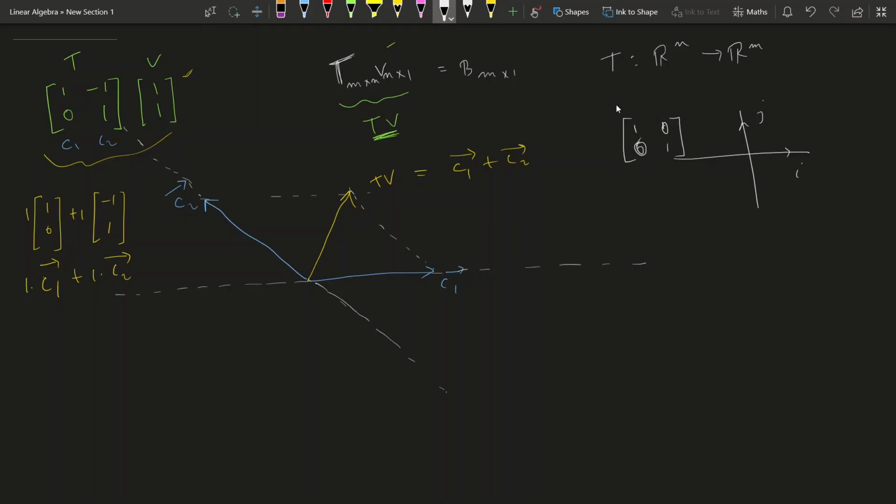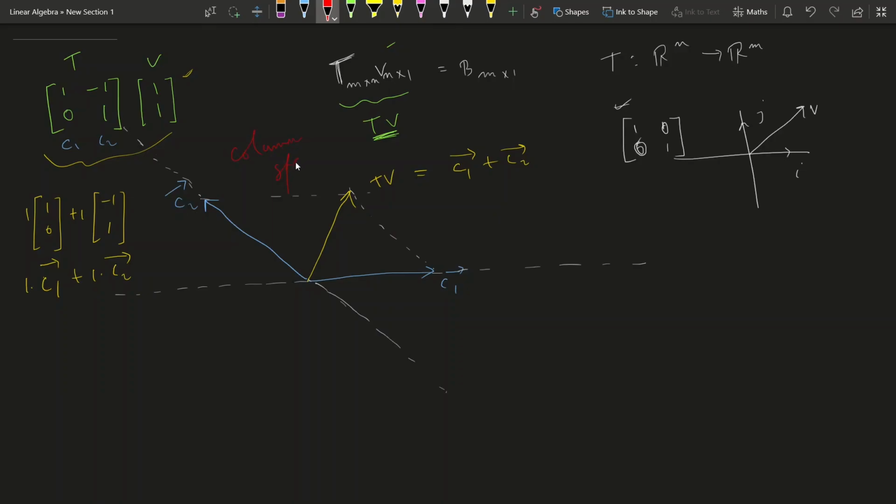So this is the plane where we generally draw vectors, right? But after applying a transformation T on this vector v, it will be transformed, or rather mapped, into a space which has basis vectors c1 and c2, and this space is known as